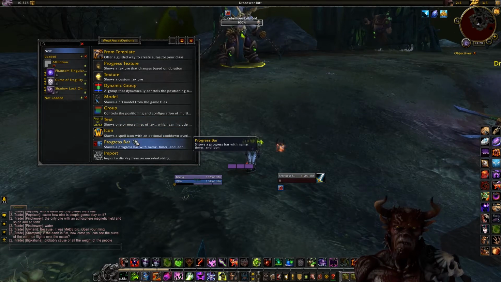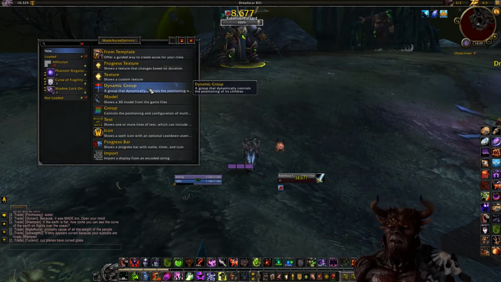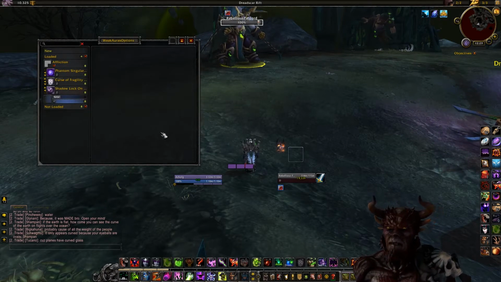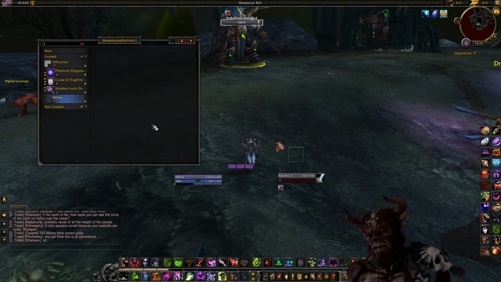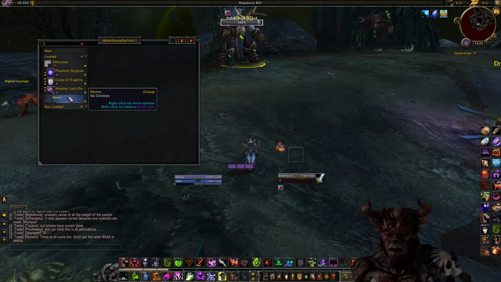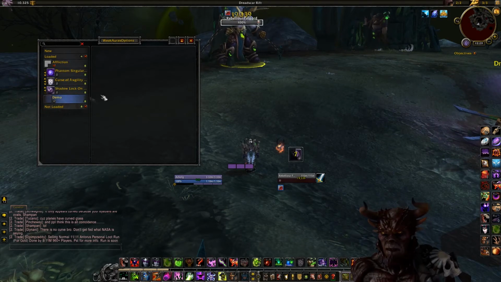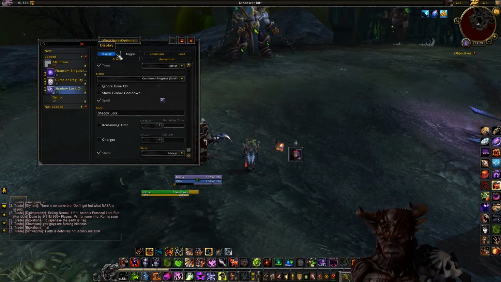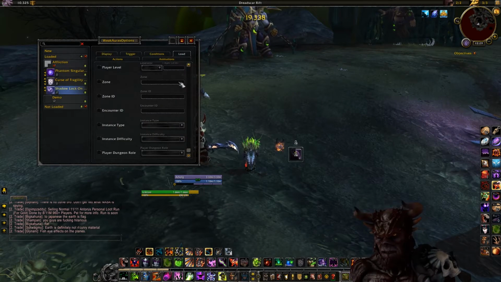And we're going to walk through some of the add-ons for Demonology in this final video series on how to do it. So let's create a group. We're going to call it Demonology or Demo. And all the icons that are going to go in here... So for this one, the Shadow Lock ability, I only want this original one to display